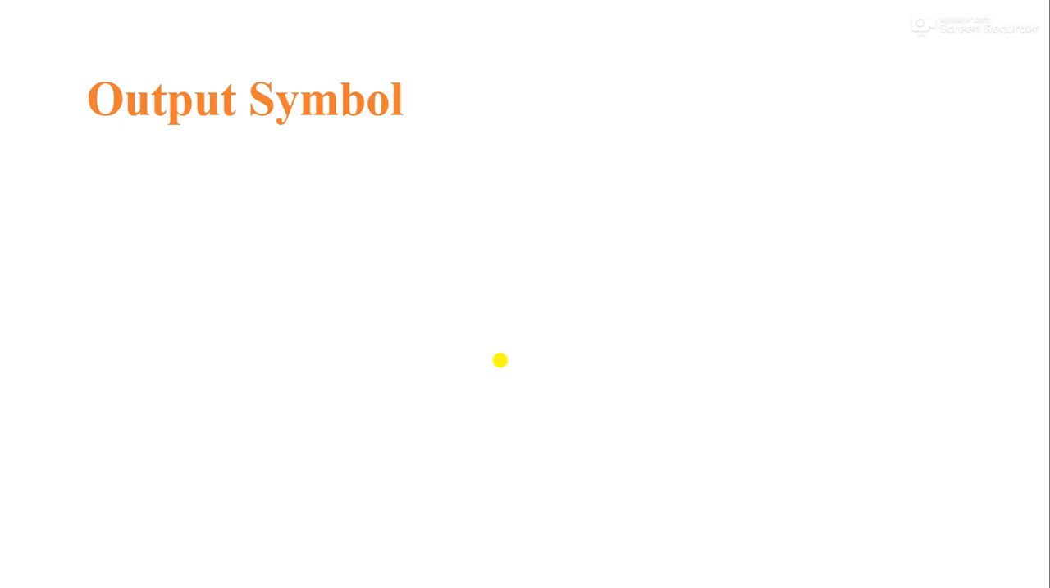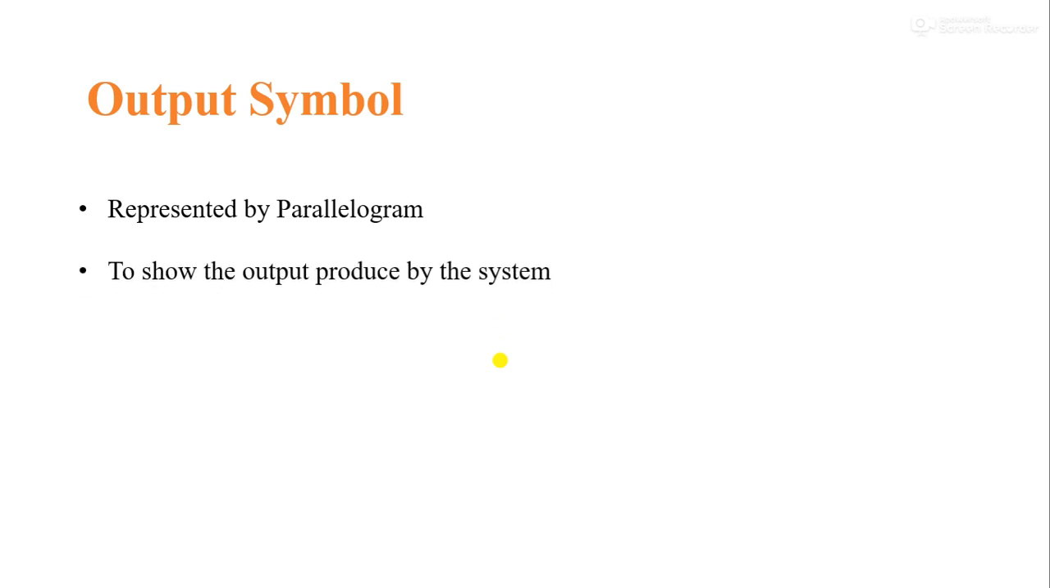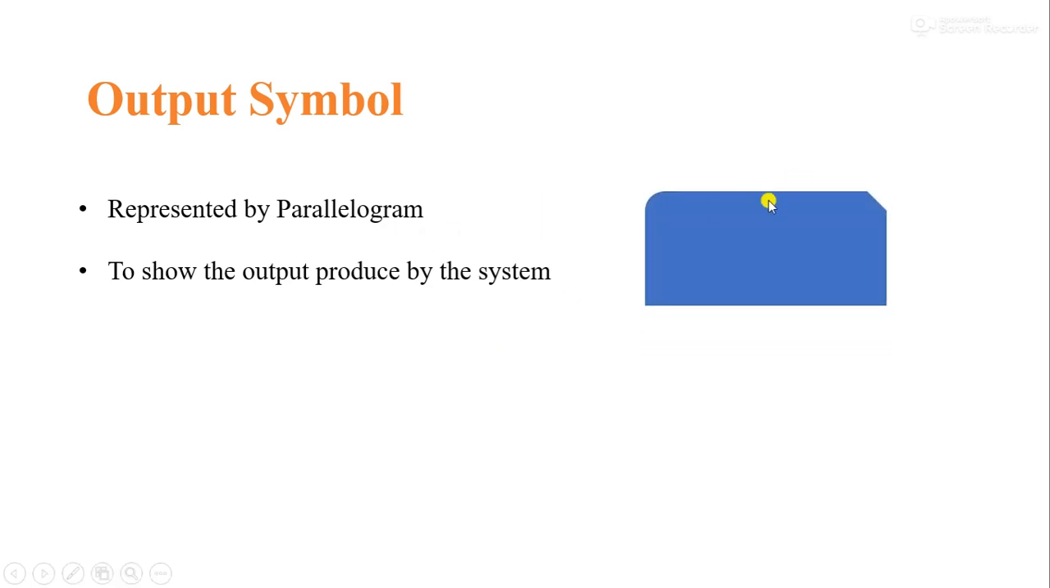So another type of symbol is output symbol. This is represented by parallelogram, and it is used to show the output produced by the system. We can use either parallelogram or this type of symbols to represent the data output. So these are the 5 symbols that we can use to draw our DFD. So in our upcoming video, we are going to see how to draw DFD diagram. So before concluding this video,